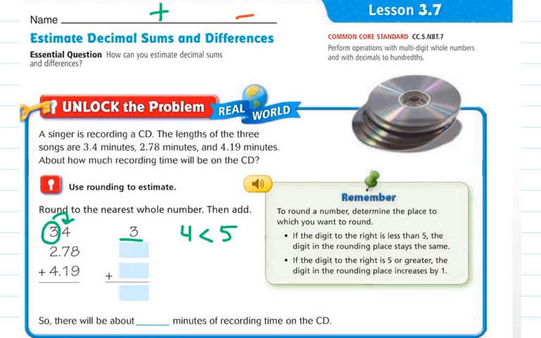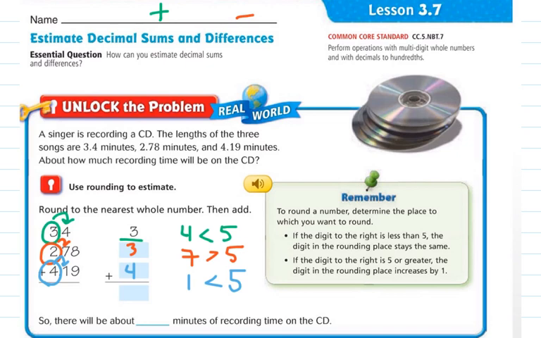Again, I'm going to look at my other numbers. I'm going to look at 2, and then look next door. Next door I see 7. 7 is greater than 5, so I know I'm going to round the 2 to 3. And then finally, I'm going to look at my 4 digit and look next door, and I see that 1 is there. 1 is less than 5, so we would leave the 4 by itself to be the same. So now we can see that 3 plus 3 is